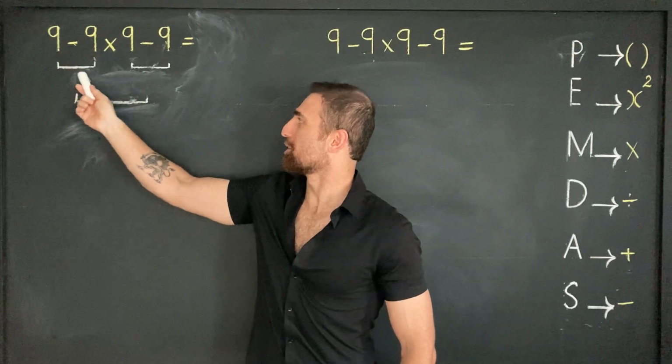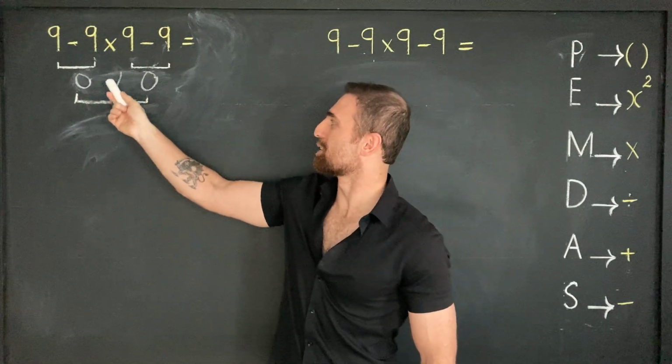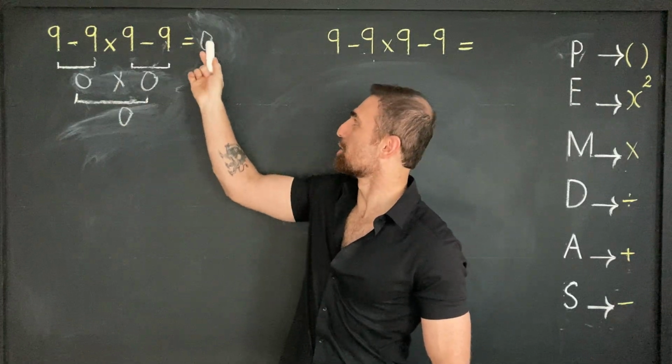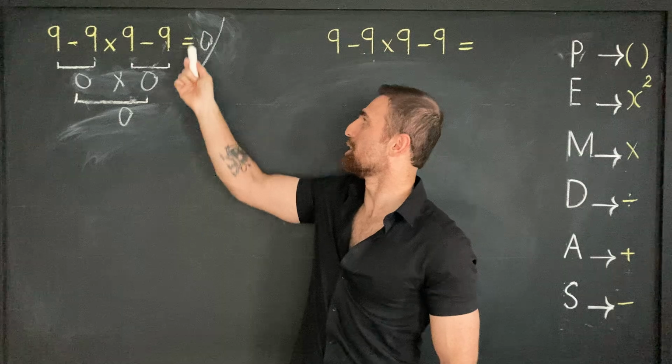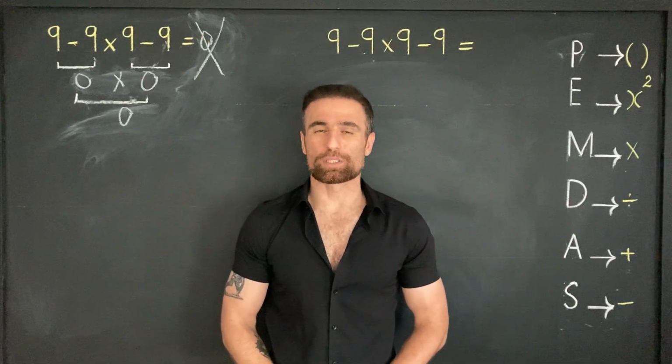9 minus 9, 0. 0 times 0, 0. Let me write the answer here. 0. But is this correct? Absolutely not. To solve this type of questions, we need to follow a set of rules that is called the